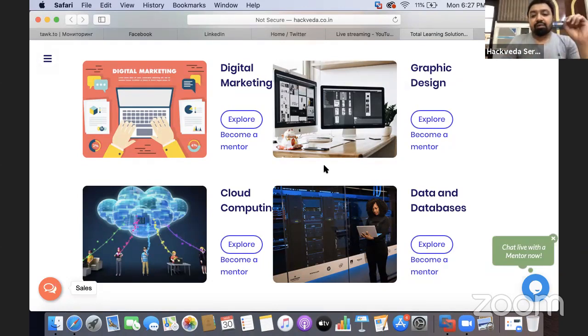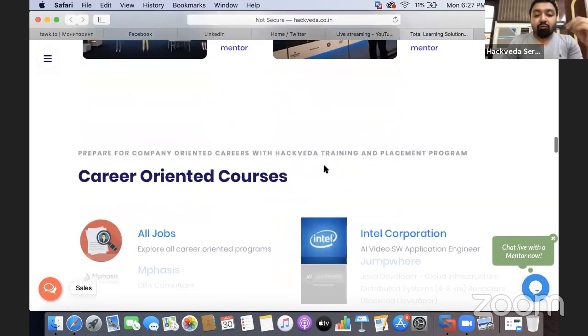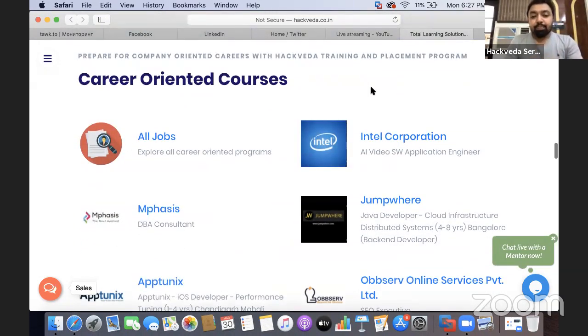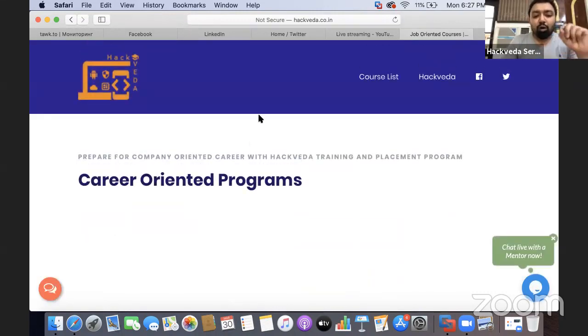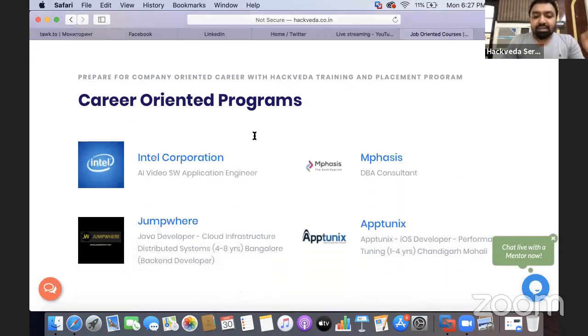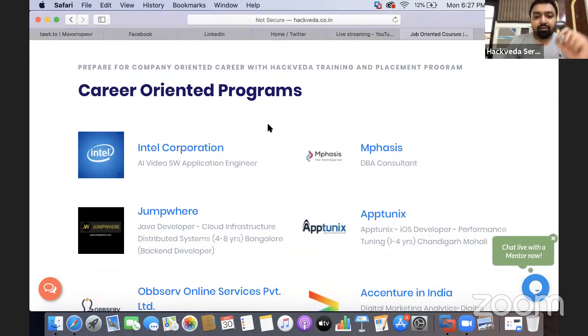Now, apart from these core technologies, we also offer career-oriented programs. What are career-oriented programs? I'm going to quickly give you an example of all the career-oriented programs available with us. We have a pool of corporate placement opportunities available for individuals, and for people who are already working in a company and are looking for a career change or career transition. They can grab a lot of information about the latest job opportunities available with respect to the curriculum which they do with us.